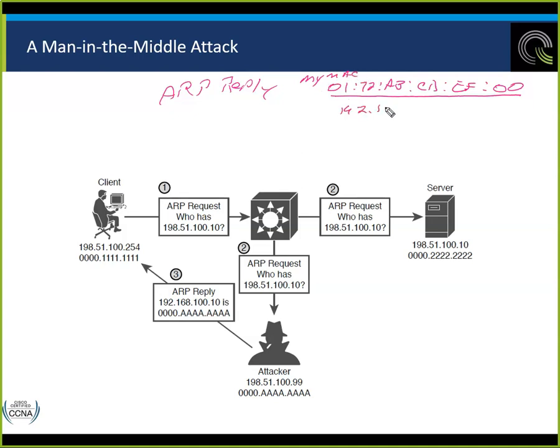is the 192.168.1.1, the gateway IP. So now they're going to put in their gateway IP MAC address. All of the information is now going to come through me. The ARP request here, who has 198.58.10.100? The server here, 0.0.0.222, whatever. But anyhow, the ARP reply, this guy's going to come back first and say, hey, 192.168.100.10, who has this, is 00 AAA